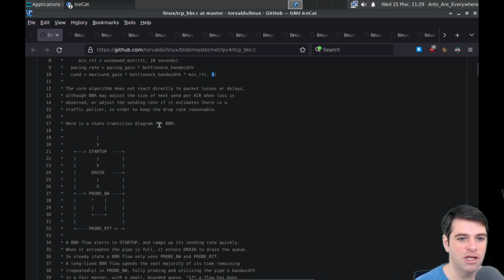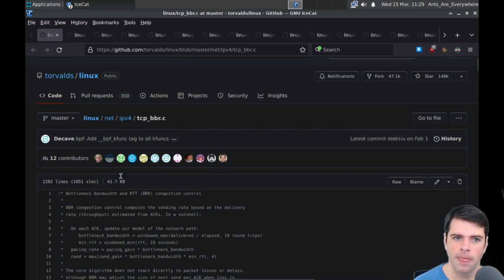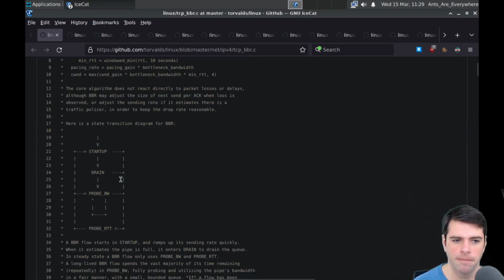Here's a state transition diagram for BBR. So we're going to start up. I guess we might enter drain. And from drain, we can probe BW, bandwidth. And when we're in probe bandwidth, I guess we can continue to probe bandwidth in a loop, or we can move to probing round trip time. And from startup, we can also jump directly this direction to probe bandwidth, or we can go this direction to